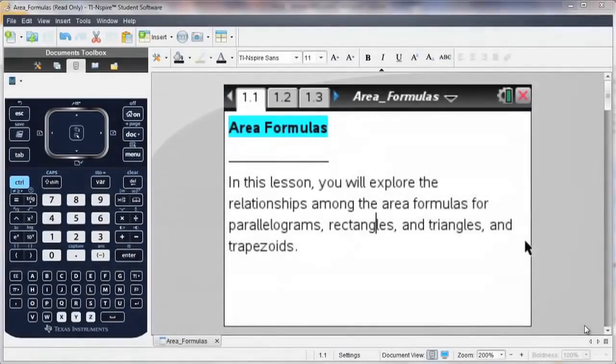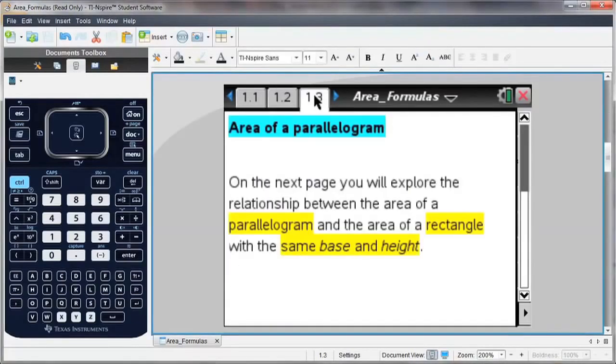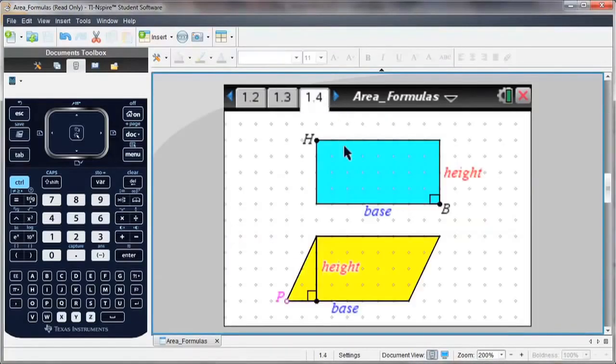I'm going to start with one of the activities that you can download for free on our website, education.ti.com. Go to Math Inspired. So this is area formulas, and you can explore it a little more, but I just wanted to show you some of the ideas that you can get by exploring some geometry using the TI-Nspire. You can follow along in your handheld, or you can also download a free trial of the TI-Nspire software on